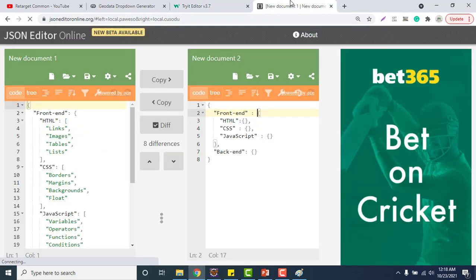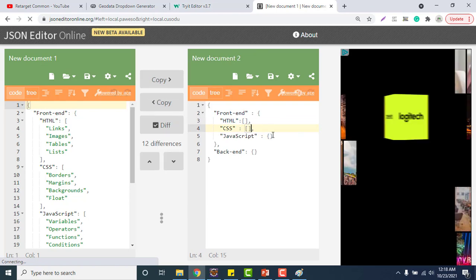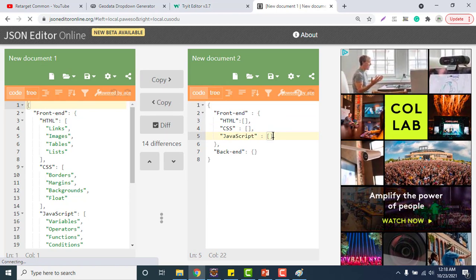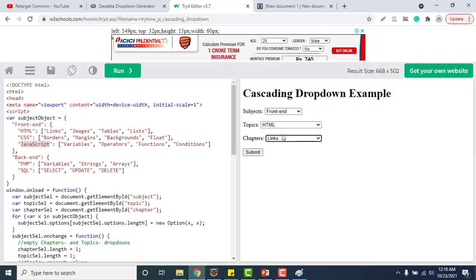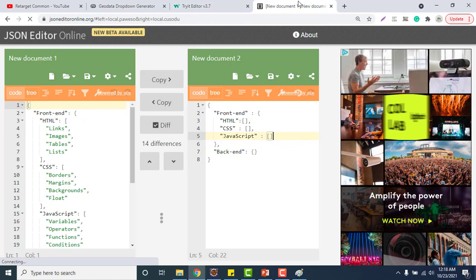So we don't have any dependent drop down, and there is no concept of key value pair for HTML and all. So instead of creating a JSON object, because it is simply storing some values, we should not go for a JSON object, because that is for storing key value pairs. Instead, we can have an array, because we don't have any further value after that. Once you select the HTML and whatever is getting populated here, there will be no other dependent drop down. So you can go for a JSON array.